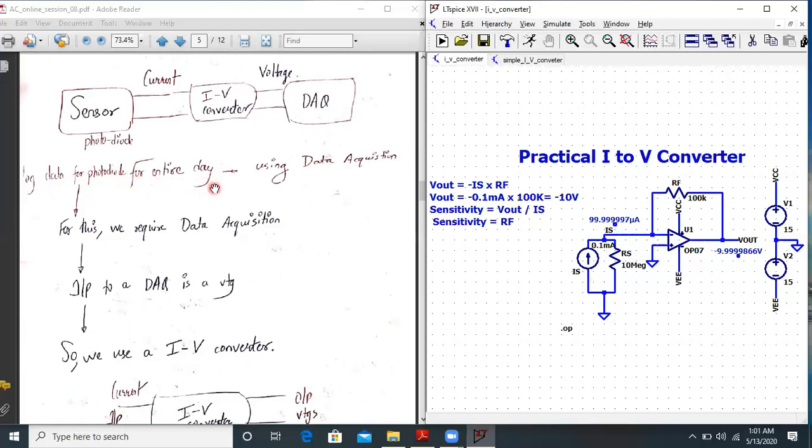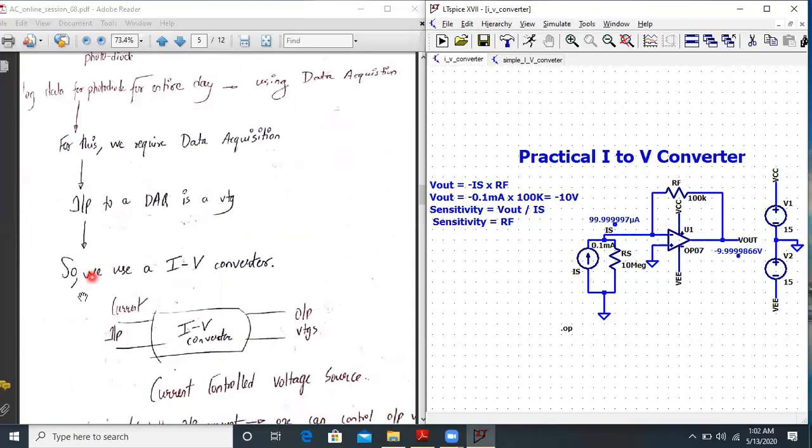Let's say remotely we have placed this inside a factory, and we are remotely monitoring an application where the input sensor is the photodiode, and this is continuously monitored by the data acquisition system. In order to record the data for the photodiode for the entire day, we require data acquisition. The input to this data acquisition is a voltage. That's why we require a current to voltage converter, so that the relevant information, that is the light falling, is converted into current, then converted into voltage, and that is what is given to the data acquisition system.